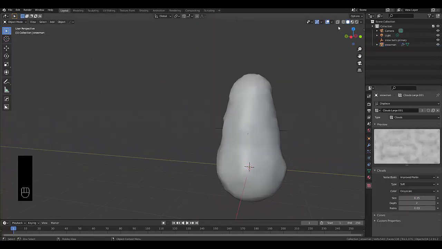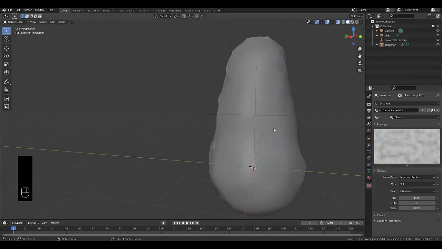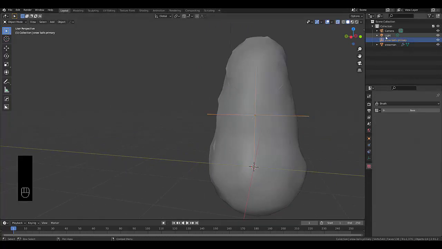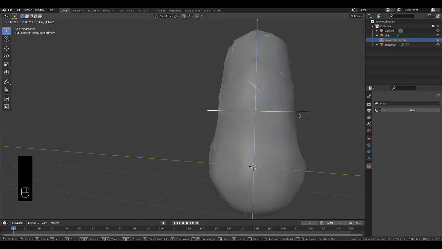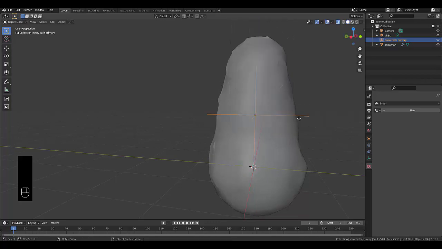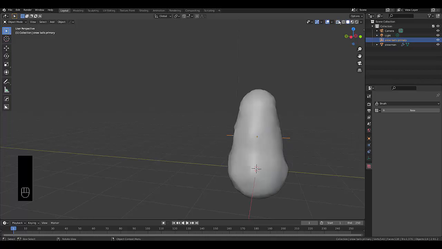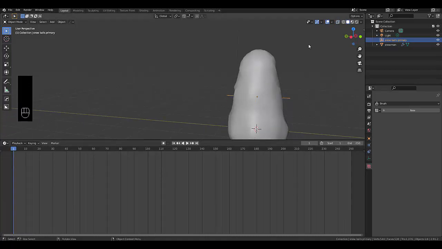Alright, before we add textures, let's turn on X-ray mode so we can see how this looks, and select our small balls primary, press G, snowball primary, press G, Z, and lift this up. And just see how it looks if we lifted it up compared to bringing it down. From the looks of things, we'll just leave that as is and turn this off, lift this up,